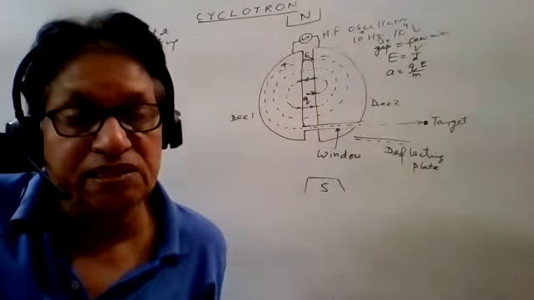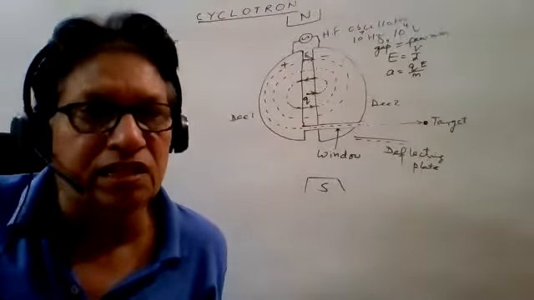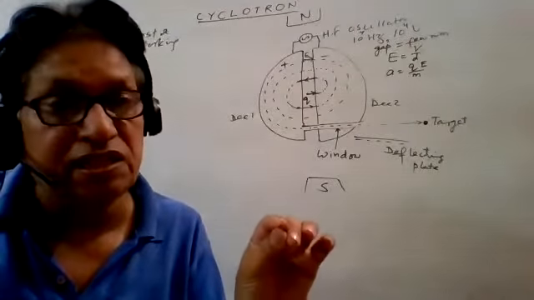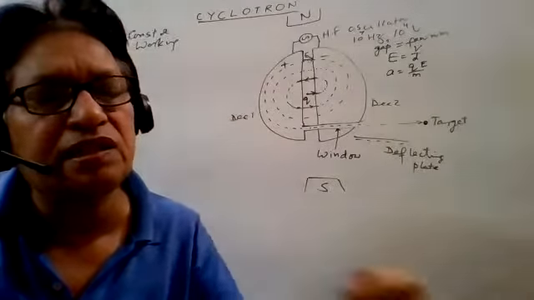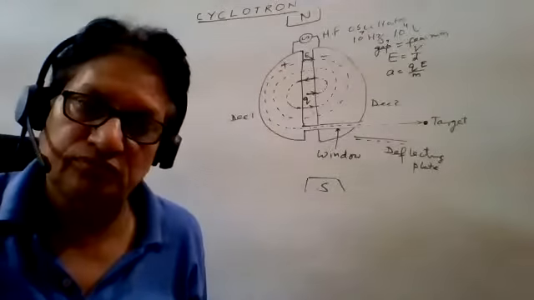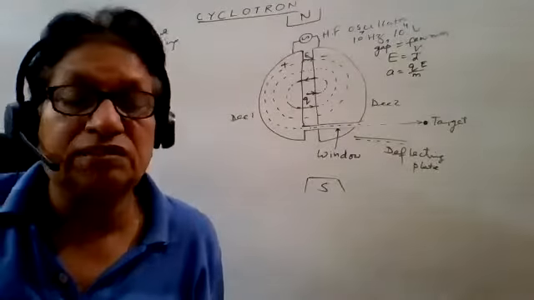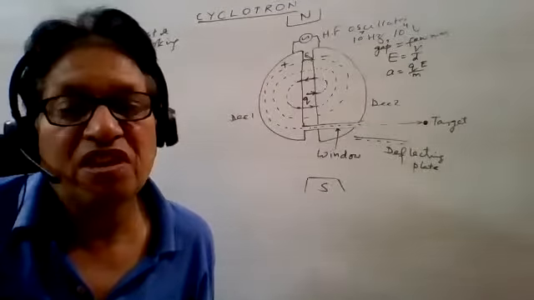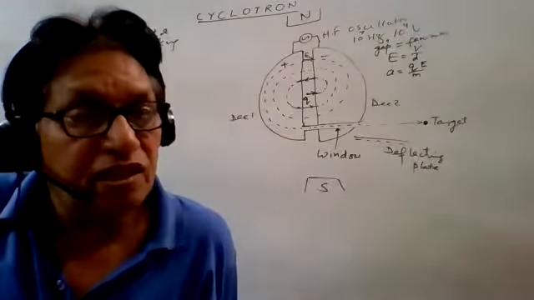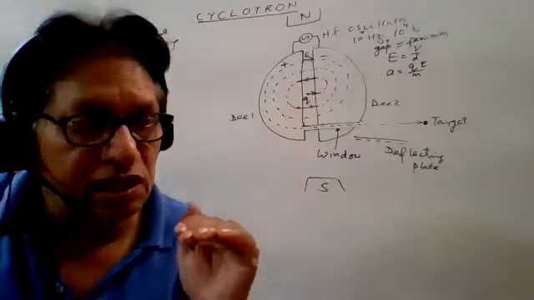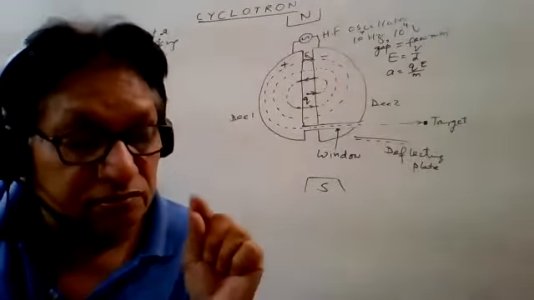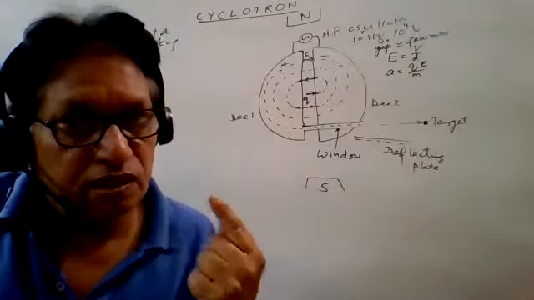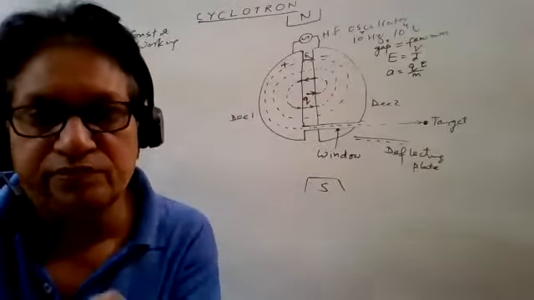Here the purpose of the cyclotron is to accelerate the charged particle only, and we can use this high kinetic energy charged particle in many applications. In nuclear science, it is very useful for research, and you can change the shape and size of the nucleus also. I have already told you, even from iron we can make gold.